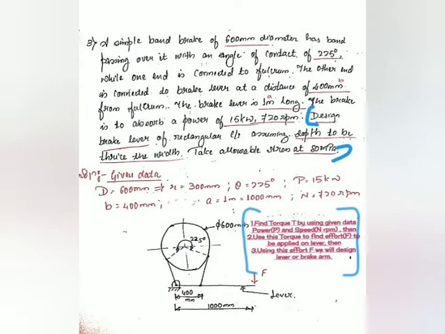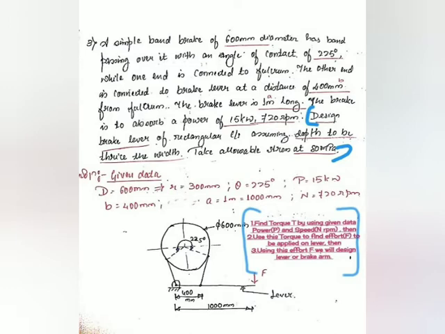And what is the given data? One end of a band is connected to the fulcrum, and the other end is connected to the brake lever at a distance of 400 mm from the fulcrum. So the other end of the band is also connected to the brake lever at a distance of 400 mm from the fulcrum. That is also satisfied in the figure. And the brake lever is 1 meter long, which is also shown in the figure.